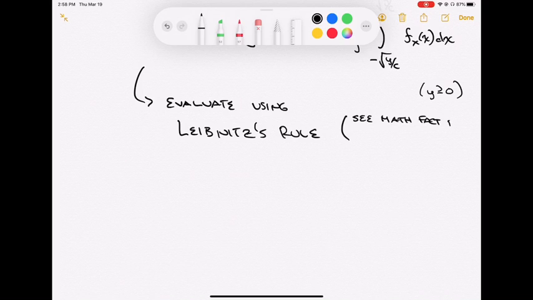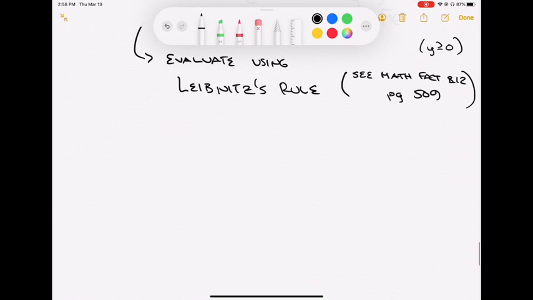I think it's B.12, and that's somewhere like page 509 in the book, I think is what I have it written down as being. So I would like to go ahead and evaluate that using Leibniz's rule. Just a very quick reminder of what Leibniz's rule is. If you're really rusty, maybe it's a little more than a reminder, but a reminder of